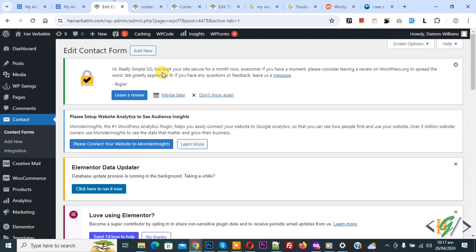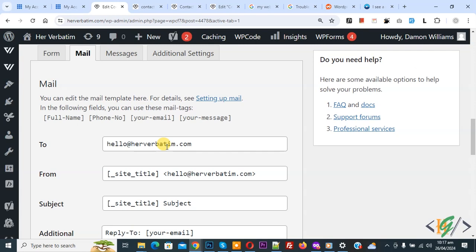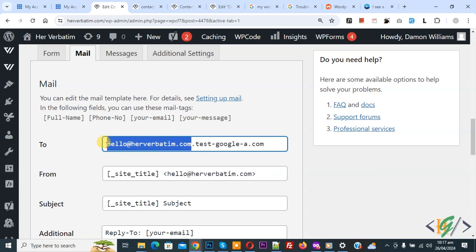Now go to edit form. So we are using this form, and then in mail you see we added our professional email. So now we are going to fix it. Now paste. So this is our new format for email. So this is our professional email. We created Google Workspace for this email, and then we added